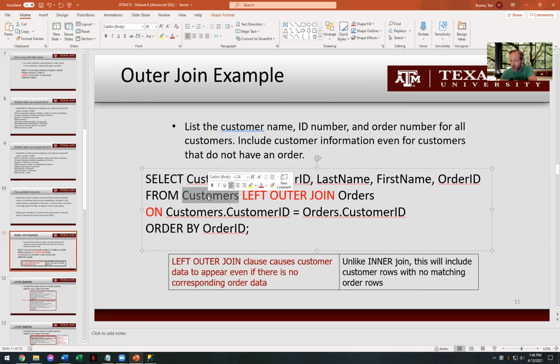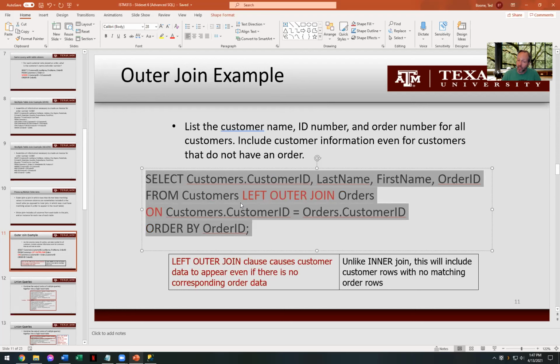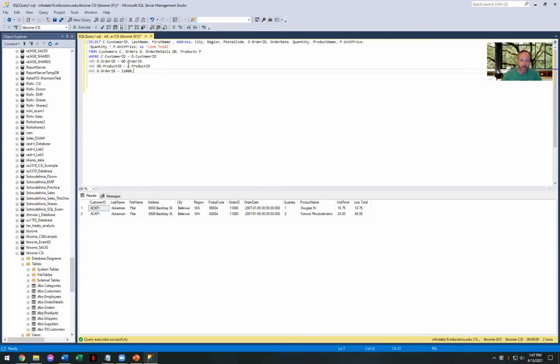We're going to include the order table when we can. If we can't, we're just going to show that it doesn't exist. So it will still allow this information to show up. So think about this. We've done this before where we showed only customers that had orders. We had an inner join earlier. But if we do this left outer join and paste this in,